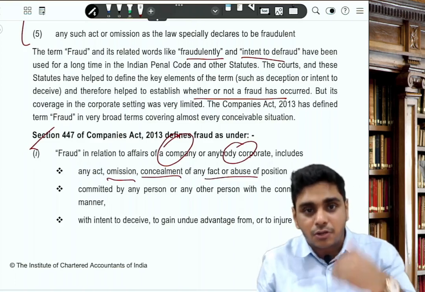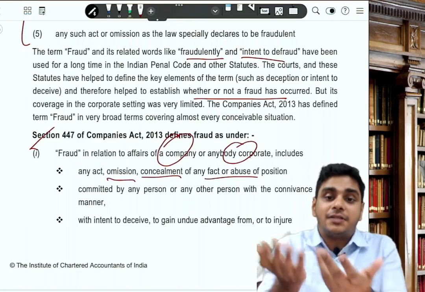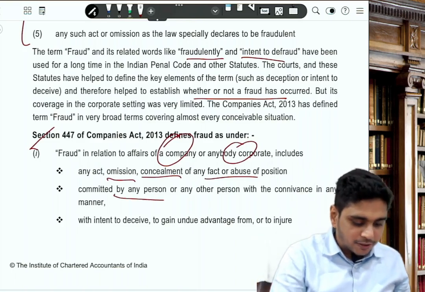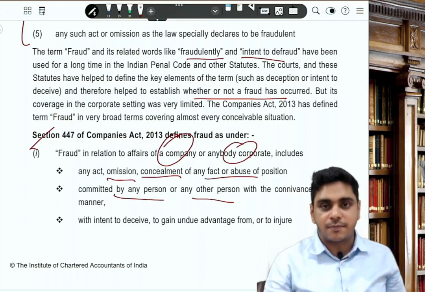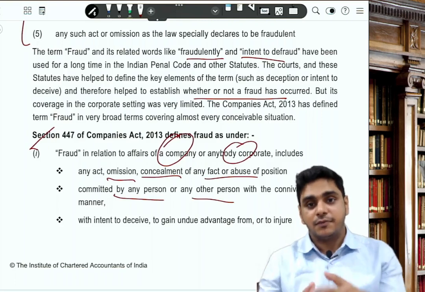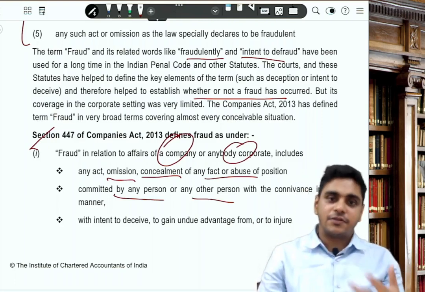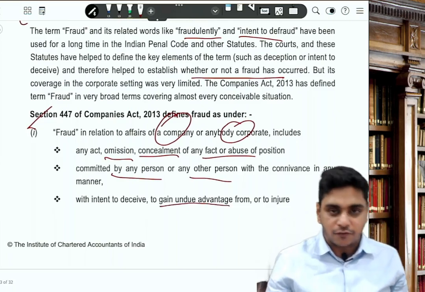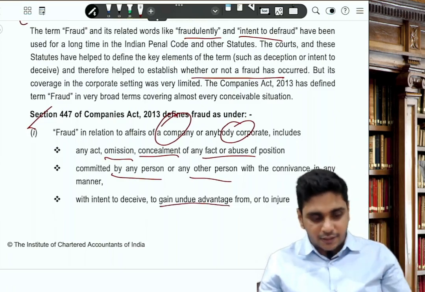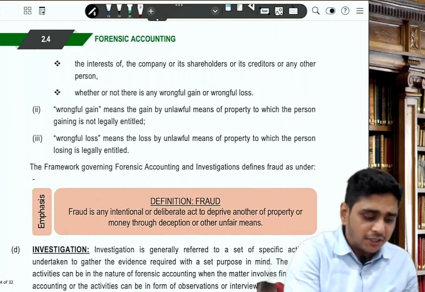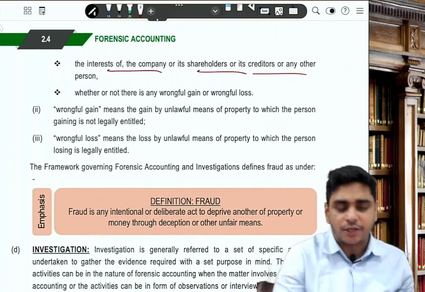So directors are hiding something, directors have omitted to present something in the financial statement, it is a fraud. Committed by any person or any other person with a connivance in any manner, either one director has done it or 4 or 5 directors together have done it, that is called consent with another person, connivance with another person, with intent to deceive to gain undue advantage. So either they will take the advantage or injure the interest of the company, the shareholders or creditors or any other